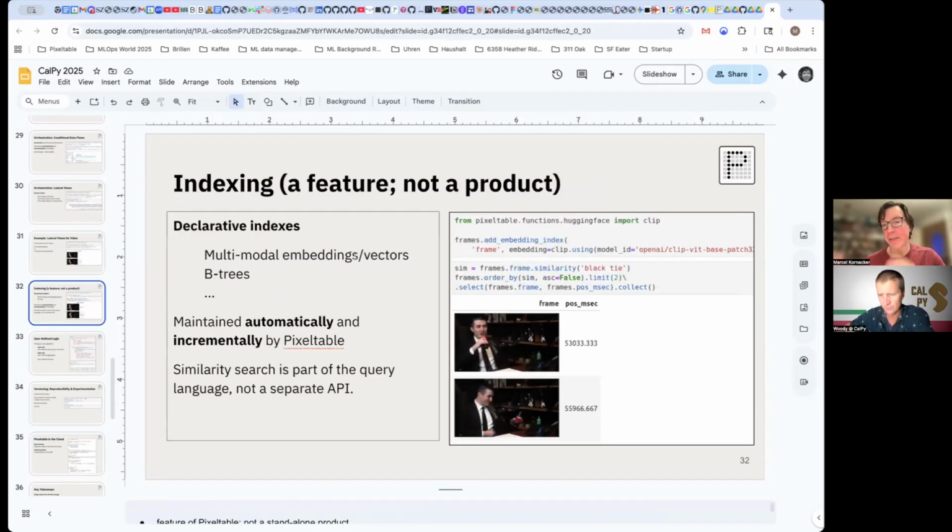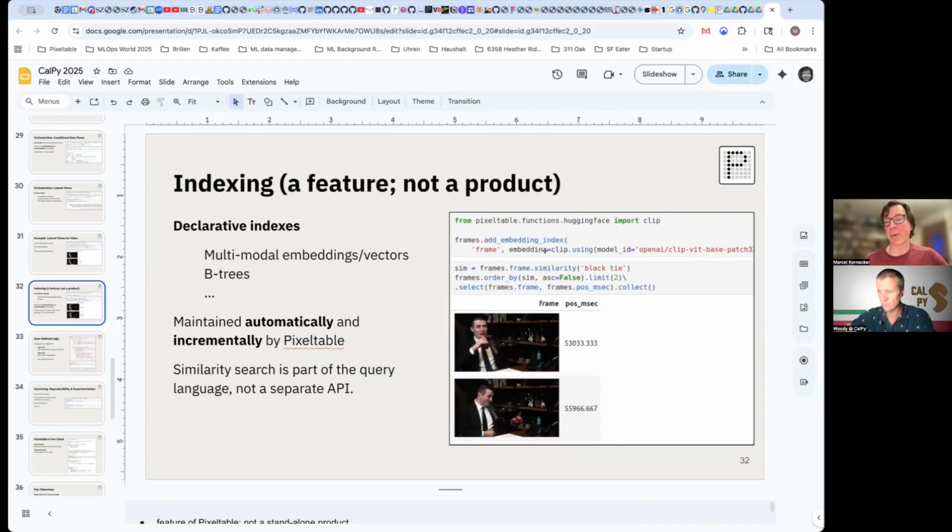Indexing is also covered by it. The way you do it is you add an index on a column. So you don't have to think of the index as this other thing that sits somewhere else and you have to feed it repeatedly from a pipeline. You just add it, and then the system maintains it as you add more data to the underlying tables. So in this case, we're adding an embedding index on the frame column.